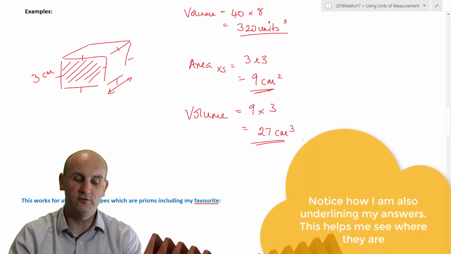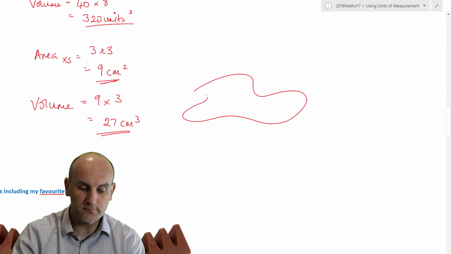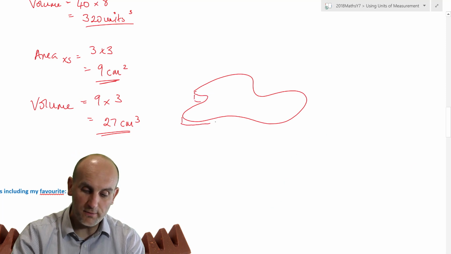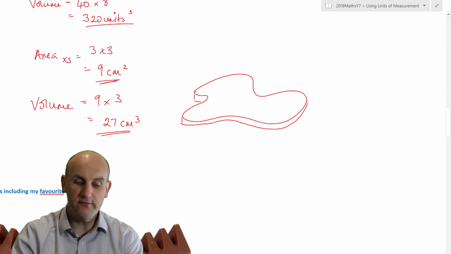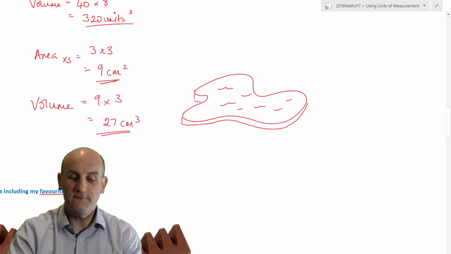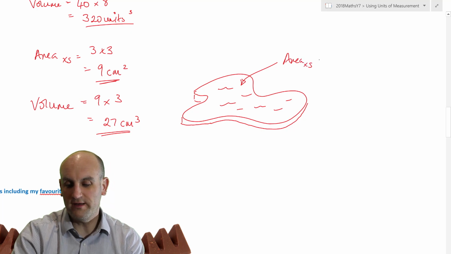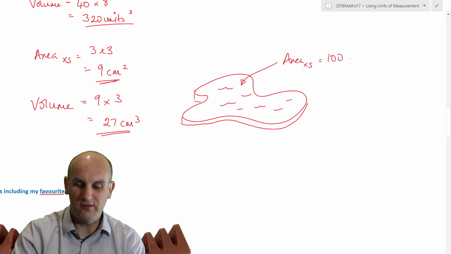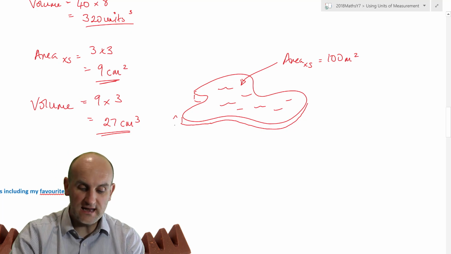Now this area of cross-section is really awesome in all sorts of stuff. Imagine I have a pond. And there's my pond. And I happen to know how deep my pond is. And this is going to be a really dodgy drawing, but actually, no, it's not too bad. All right, so here's my pond with little ripples on it from the wind. If I tell you the area of cross-section is 100 square meters, which is a fairly large pond, and I know the depth of my pond was 1 meter,